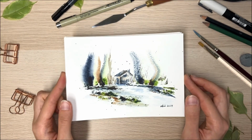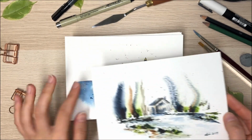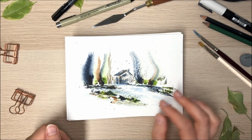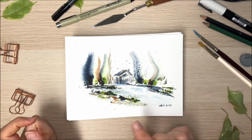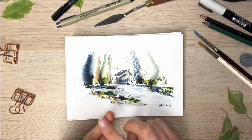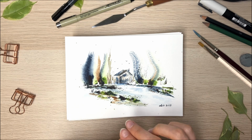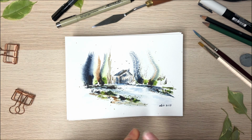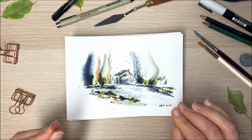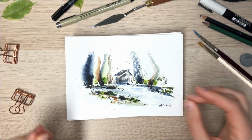Okay, and then another one that I really like, not as much as the lighthouse, but I really love in this one, again, very abstract, adding in different colors. I think I was using indigo, sap green, and then burnt umber, I'm pretty sure. I don't remember if I had Payne's gray in there. I don't think so. But yeah, I really like this one because it just feels more magical to me, where